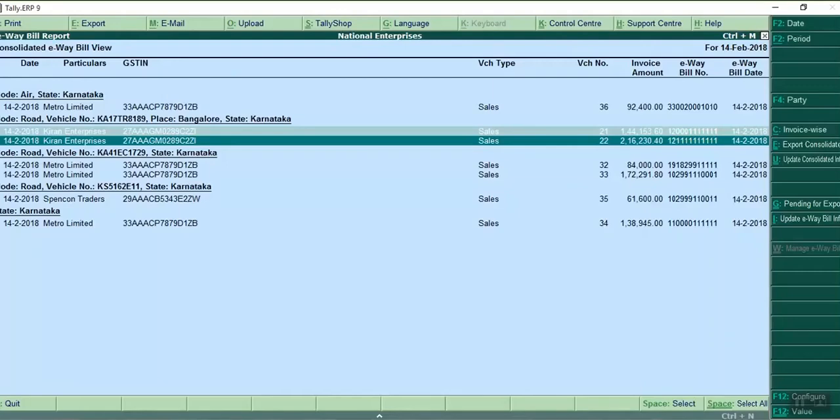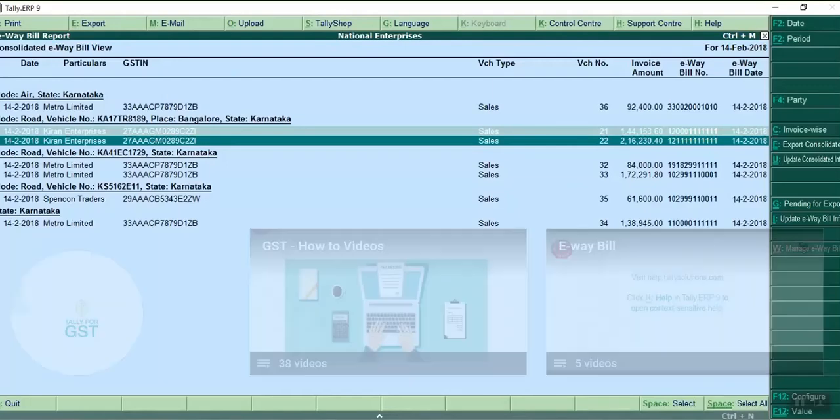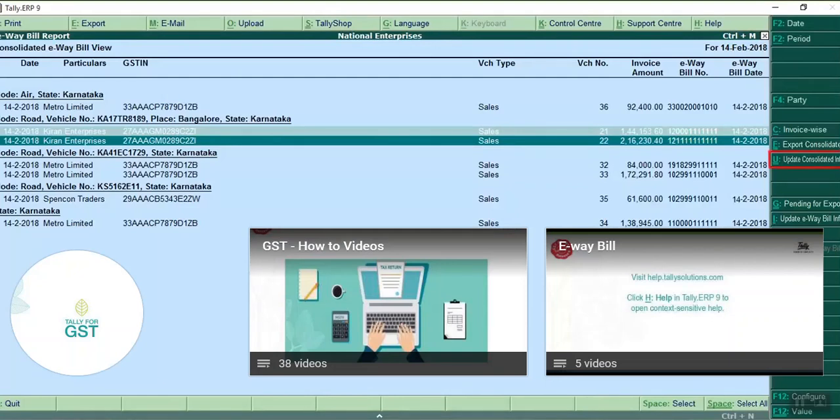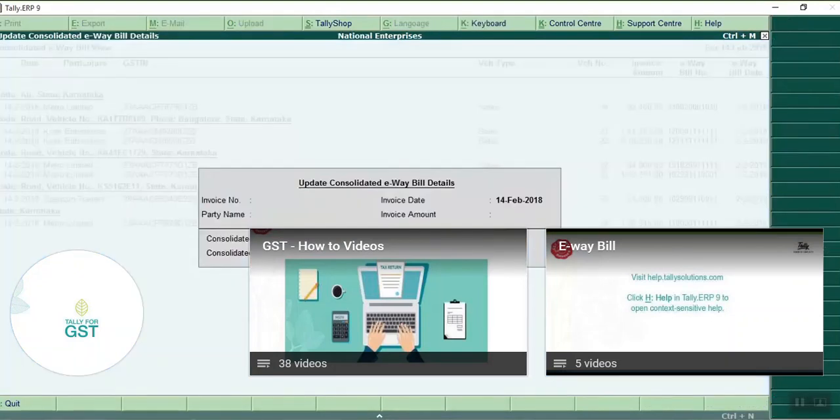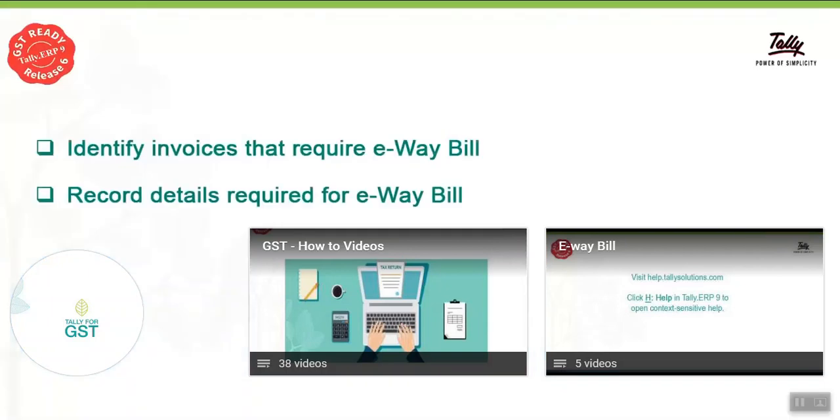To update the EWay bill information, select the transaction in the report and click Update Consolidated Info. Enter the consolidated EWay bill number and date and save. As you can see, your EWay bill